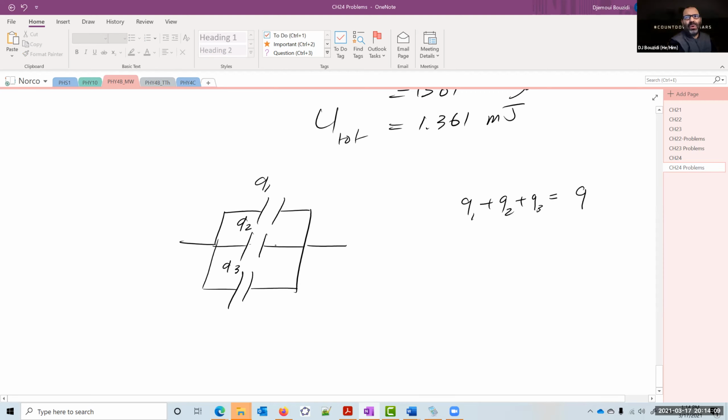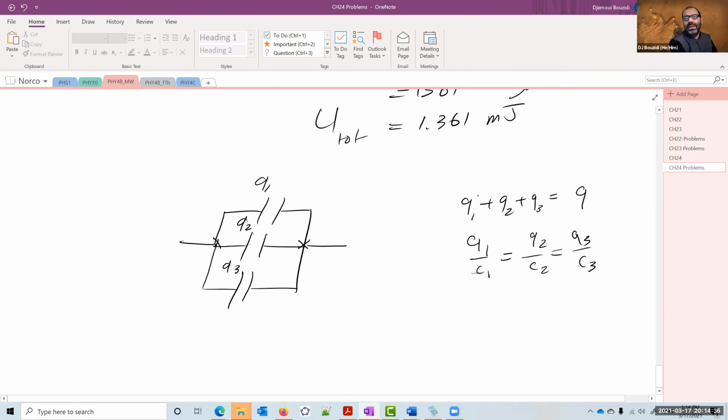Furthermore, you have these voltages that are the same. So it's going to be Q1 over C1, because now the potential between this point and the point on this side is Q1 over C1. On this side, it's Q2 over C2, which is the same as C1, by the way. So the charges on this side are going to be the same, equal to Q3 over C3, okay? Which is half of the other quantity. So the charge is going to be twice in here.